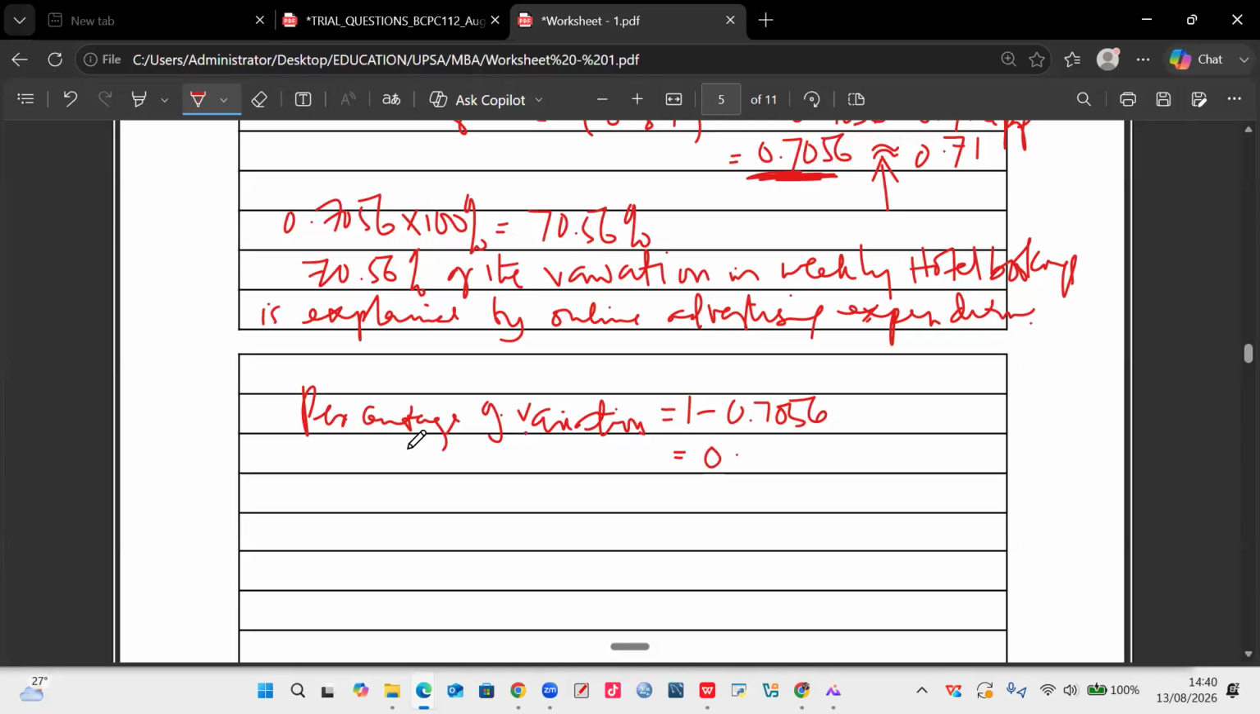0.2944. This is the percent. They said percentage, so you can multiply this by 100% and you have 29.44%. Or another alternative is